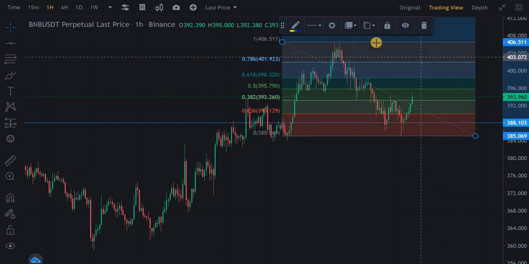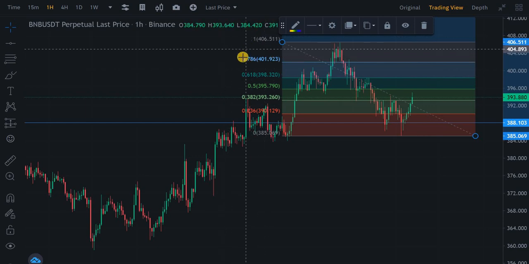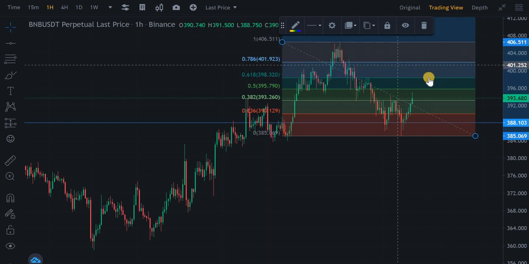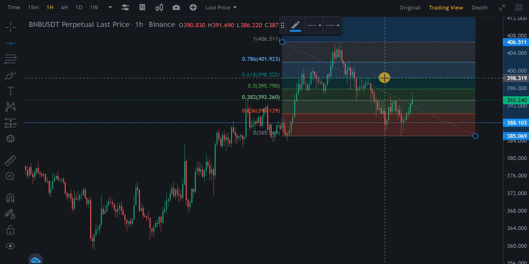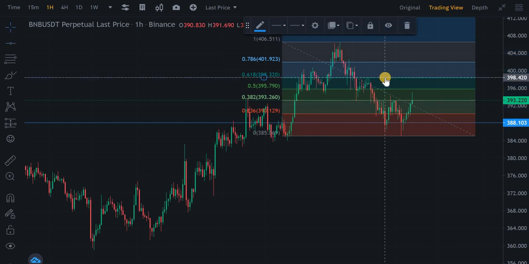Because if the price should break this last Fib level at the 0.786, then this setup becomes invalid. That means you should exit your trade as it is no longer going to work out. So this right here is where I could enter a potential position in the BNB USDT price chart at $398. If this trade plays out and the price breaks this potential support, then I am going to show you a